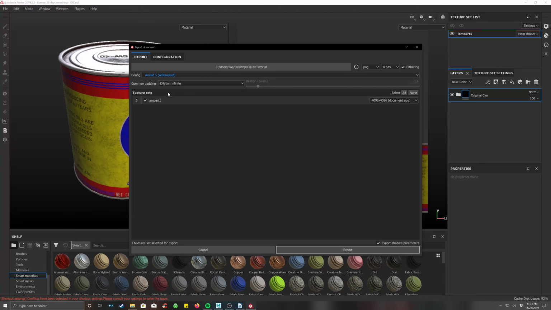So Arnold 5 AI Standard Dilation Infinite will take the edge pixels and blow them out. So we'll show you what this setting does. Make sure it's 4096, and these are the maps that are going to be exported from this texture set. And if I hit export,